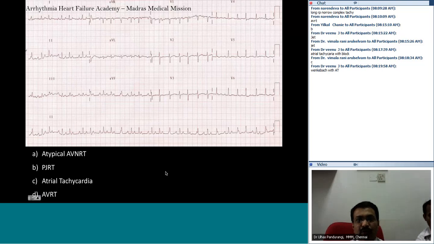Venu J says it could be ventricular with AT. That's perfect. That's a more scientific way of what I just now said. So this could very well be described as an atrial tachycardia with the AV ventricular conduction pattern. Perfect. So we go to the next